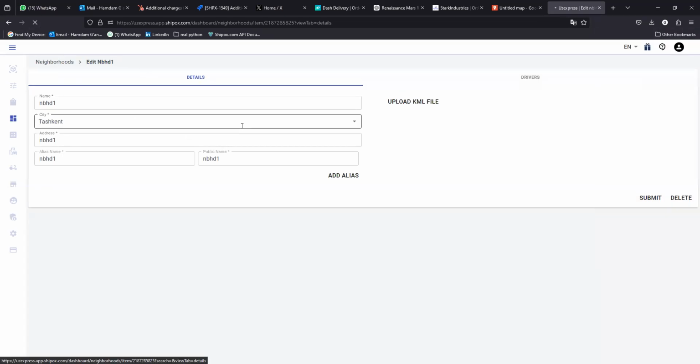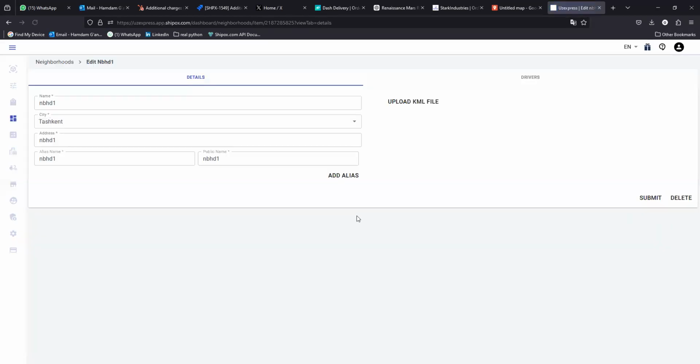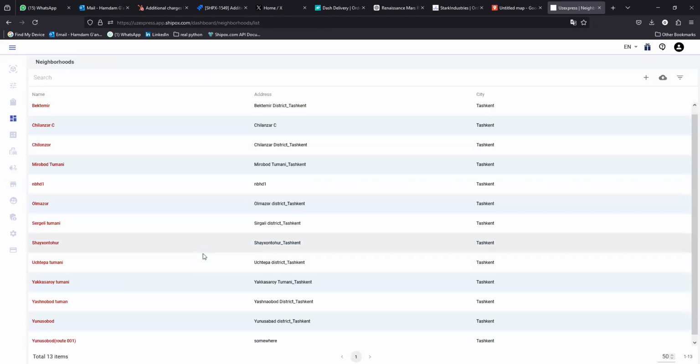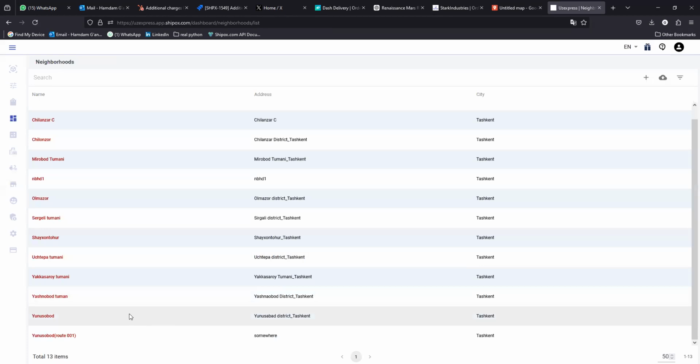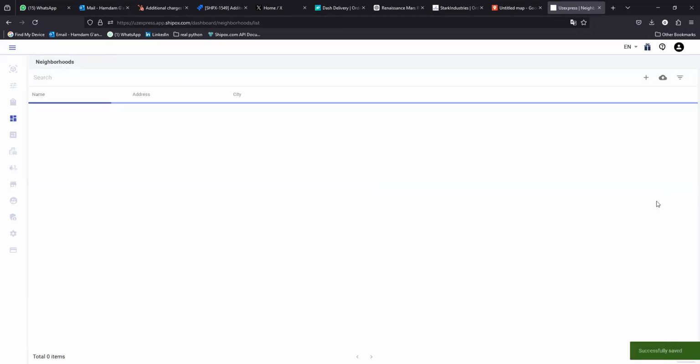Basically, this is how you can upload the KML files into Shipox, so exactly this polygon is going to be represented on Shipox too once you have uploaded. Let me go. I think it's going to take some time still for this change to be applied onto the map, but still it's going to be appearing soon right here. So yeah,